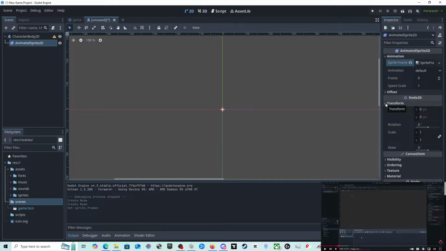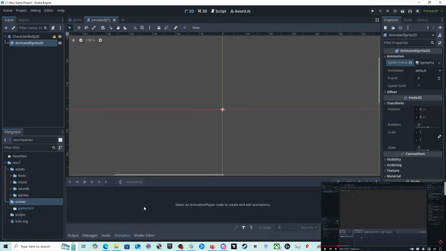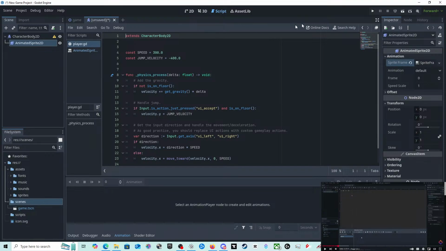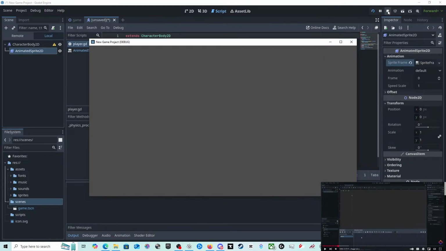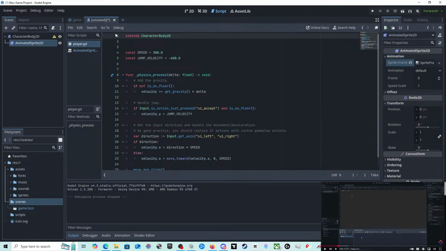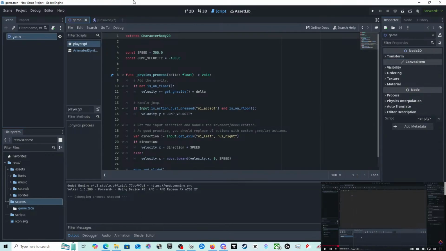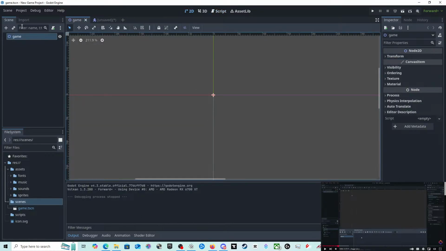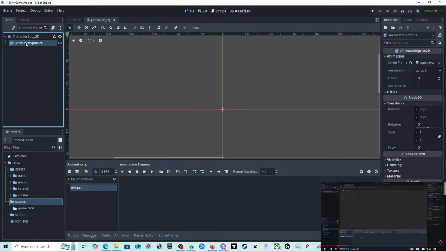Yeah, for some reason that box doesn't open up for me. Even if I go into animation, it's not there. I don't know how or why it's not, but it didn't do it last time. All I did is I went into scripts and it came up. But it's not doing it this time, and I don't know why.